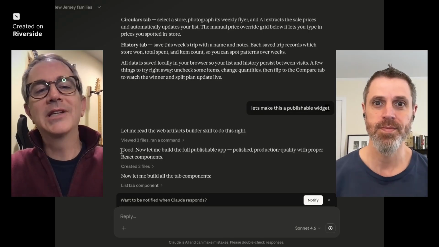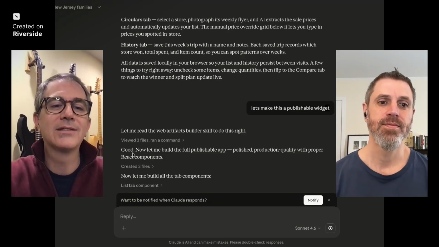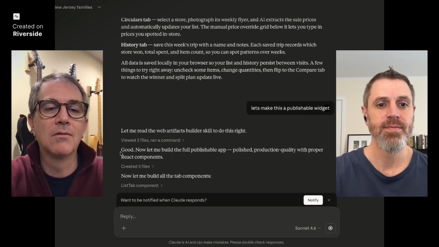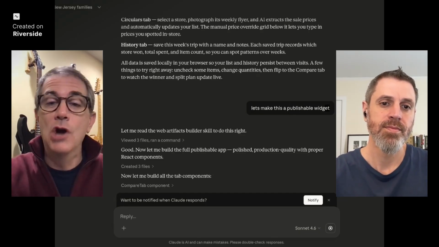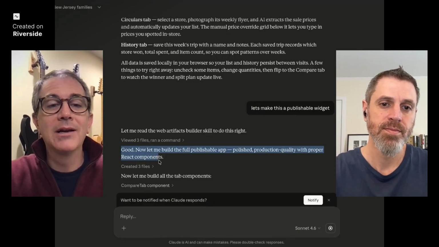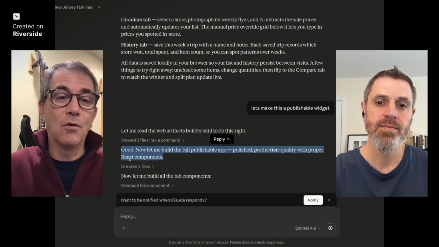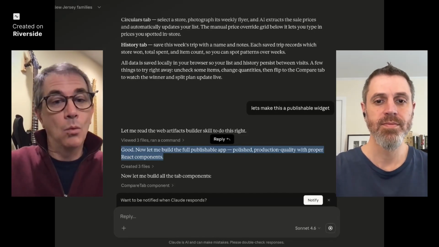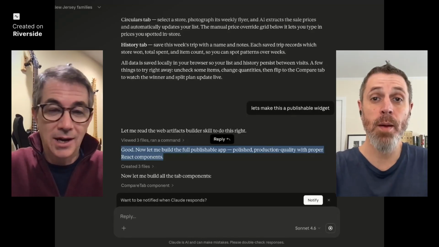You can see here too that now that I asked for a publishable widget, it's going to build a proper front end. I'm just pointing this out because I know what this means. You might not know, but React is a technical framework for building web interfaces, right? So when you see a website,